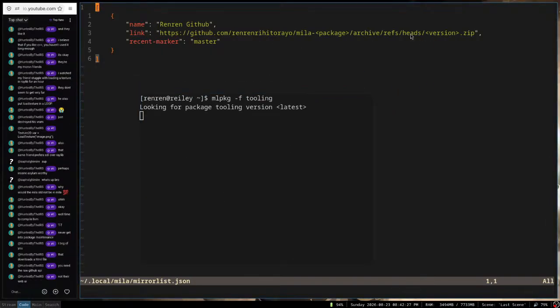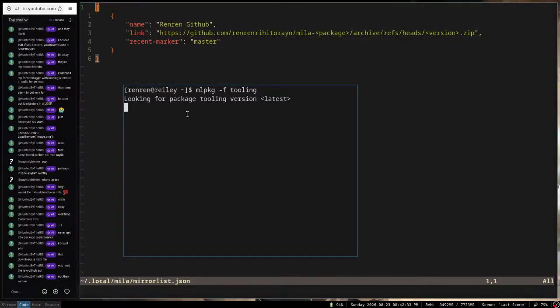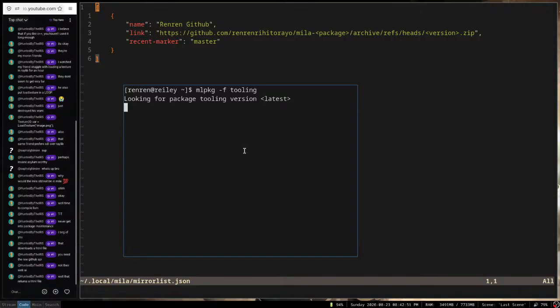The reason why I use this instead of their API is because I want it to be as host agnostic as possible. So it doesn't care what the link actually is. It just cares that this link somehow returns a zip file. That's all it cares. It's dumb for a reason, so that we don't need a separate